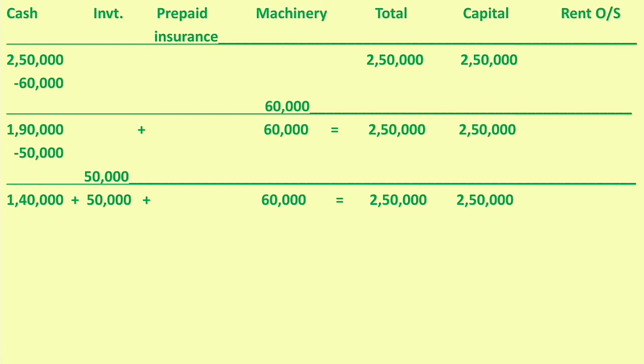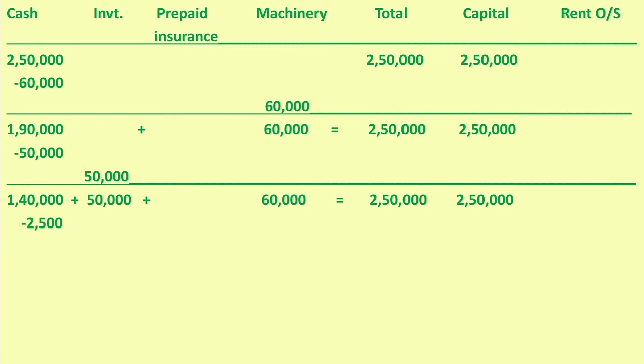We cannot record means we cannot show it as an expense in this period. We must record the transaction. At the same time, we cannot show it as an expense in this period. Then how can we record it? We have paid the amount and the cash balance reduced. So we can deduct the amount from cash. Then minus 2,500 in the cash column.